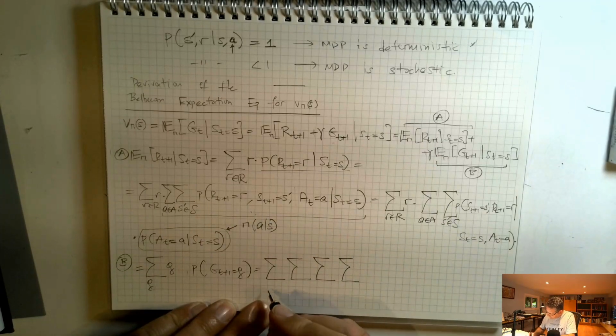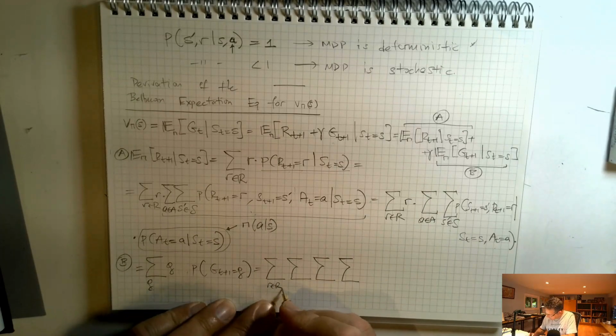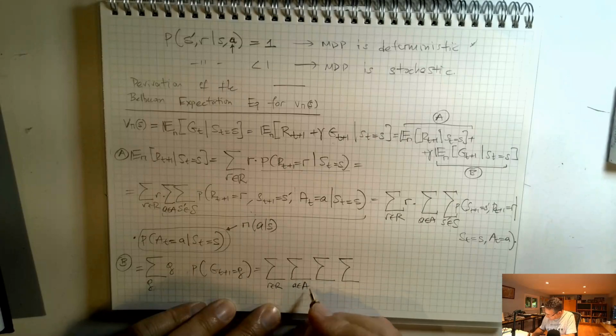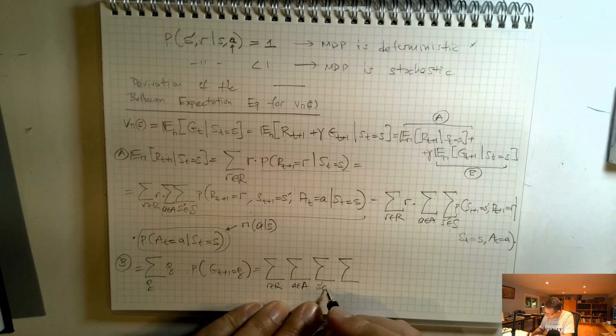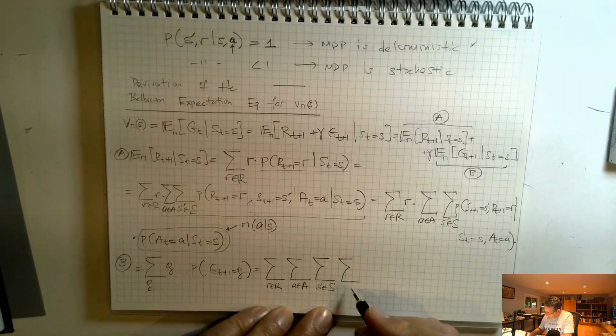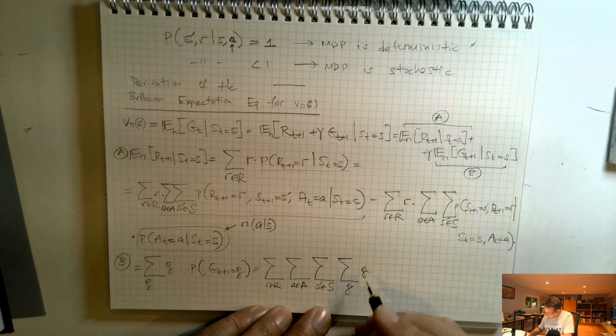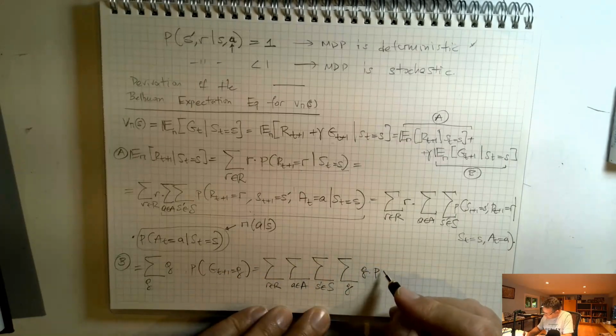So I definitely need my R, I need my actions, I need my S primes, and I have here my G's over here, and this will be replaced now by